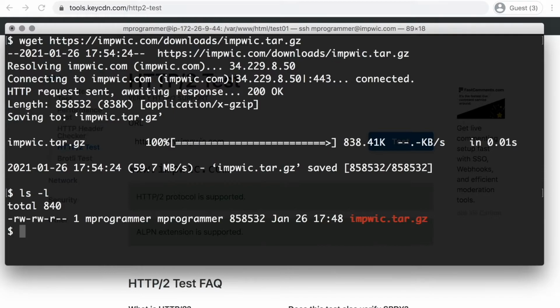Make sure this command wget is executed from the folder test01, and then you can extract the archive,